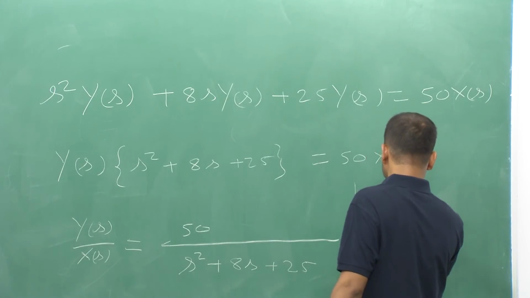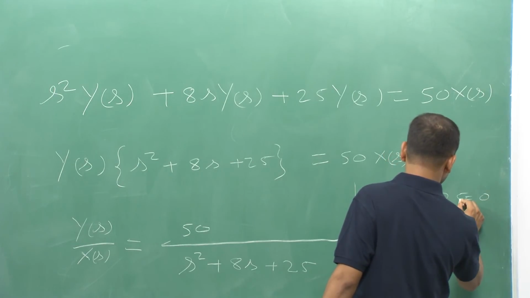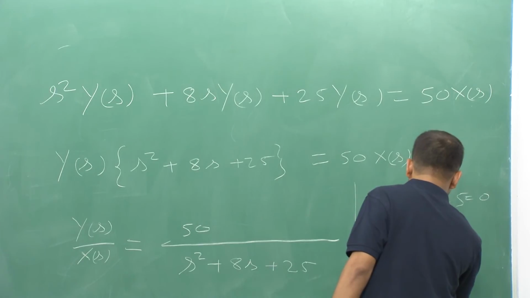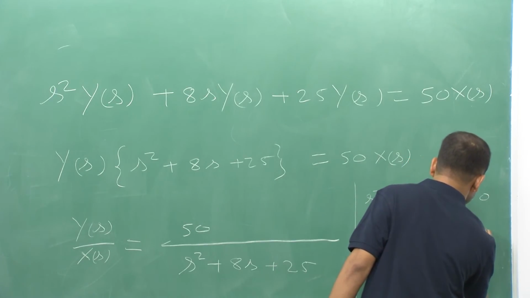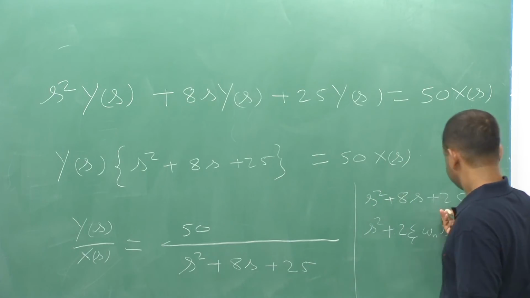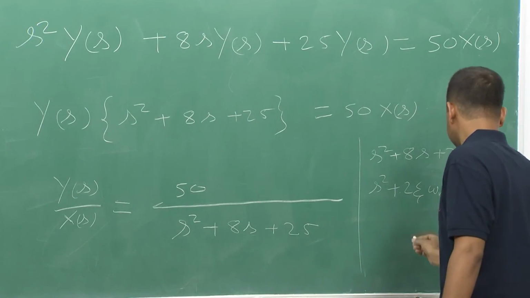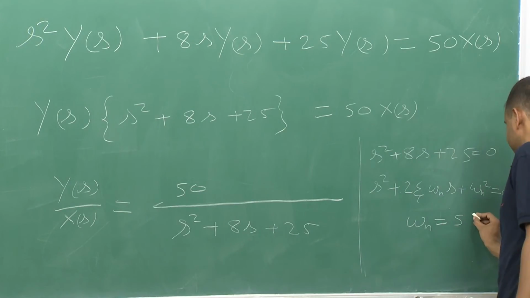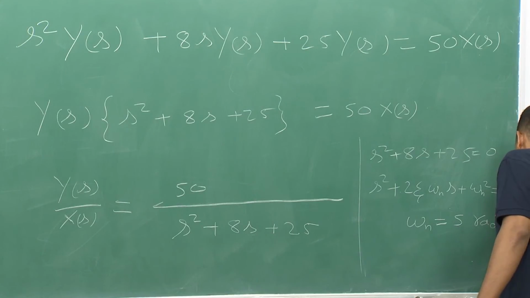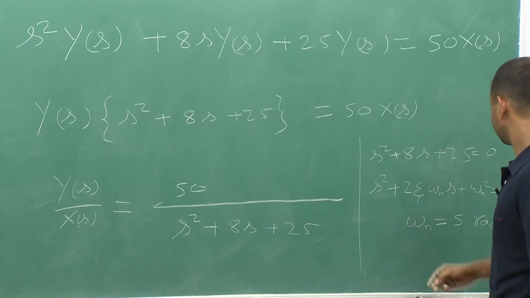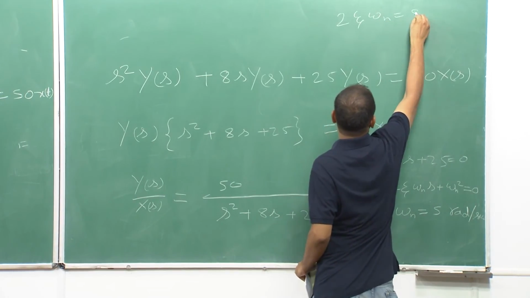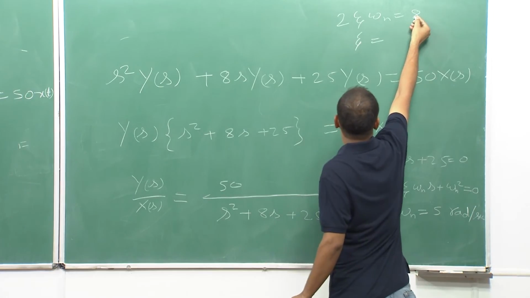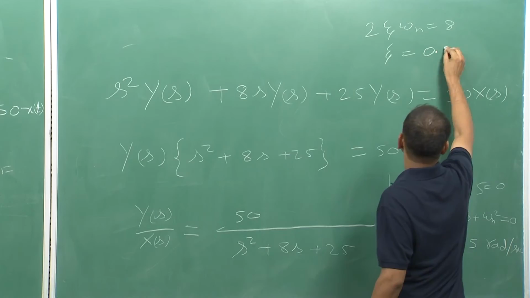s square plus 8s plus 25 is equal to 0, and now if I compare with the standard equation s square plus 2 zeta omega n s plus omega n square is equal to 0, then if I compare these two equations, I can find omega n square is 25, so omega n is equal to 5. So, the omega n will be 5 radian per second, and 2 zeta omega n is equal to 8, omega n is equal to 5 radian per second. So, I can write zeta is equal to 8 divided by 10, so it will be 0.8,